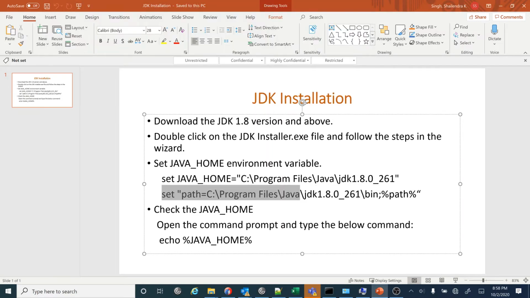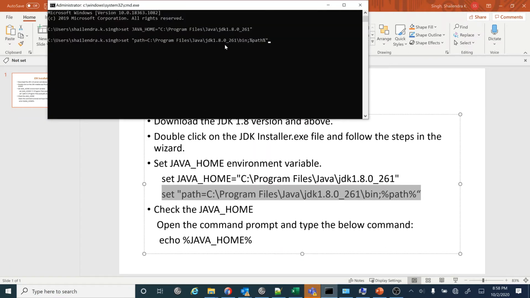So to set the path, just copy this and paste here. So maybe for your case this path may be different because it depends where you have installed the JDK 1.8.0. Now click OK.